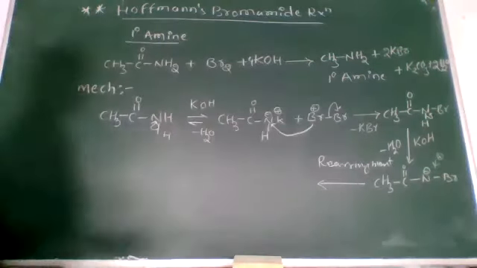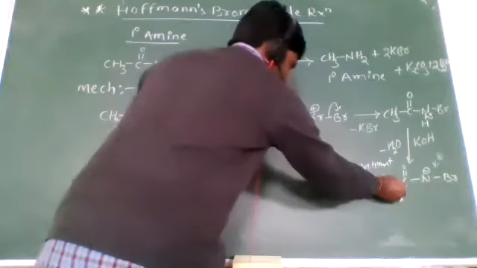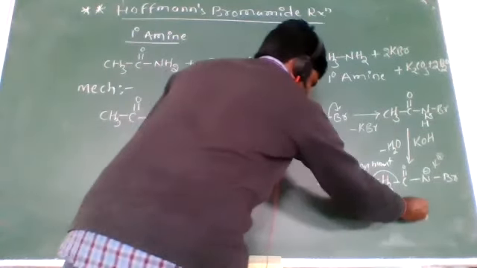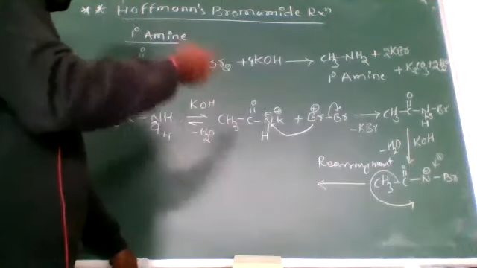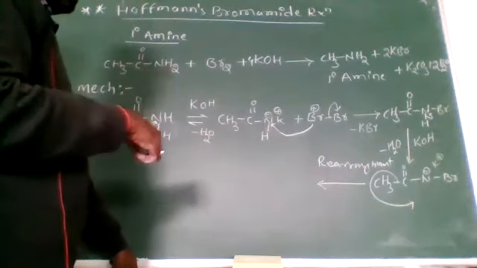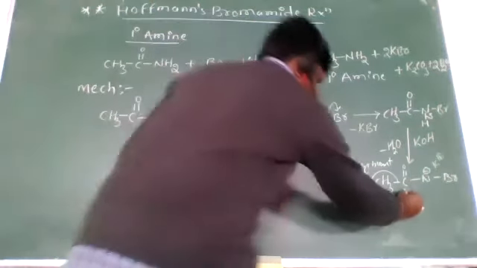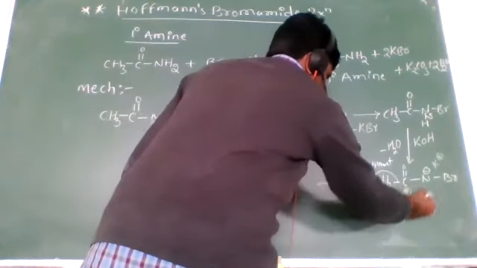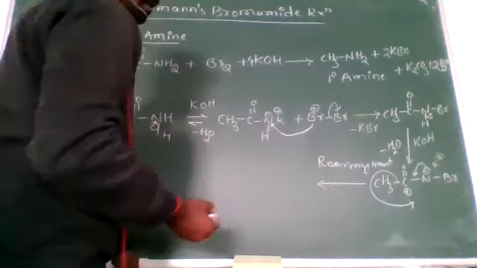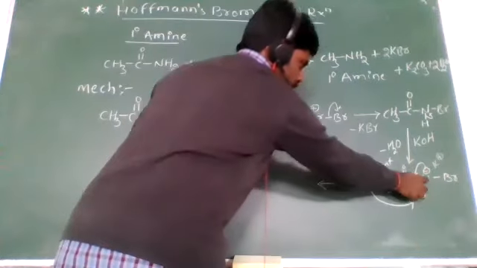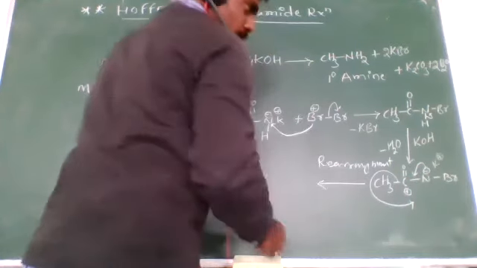The next process is the rearrangement. Now the methyl group is removed from that carbon, taking the electron pair with it, negatively. Now the carbon is getting the positive charge. So this electron shifts inside. Clear? Forming a bond between nitrogen and carbon, a double bond.